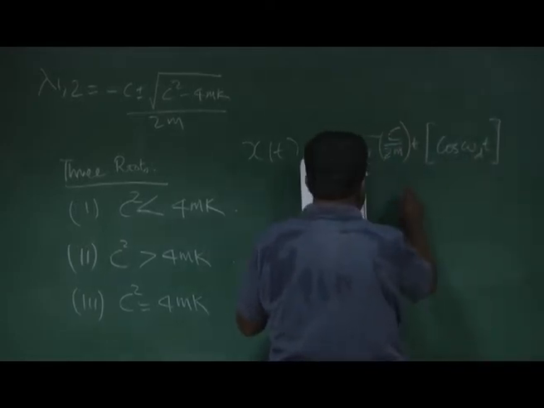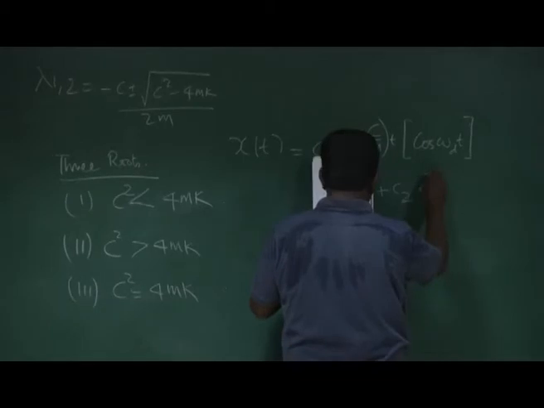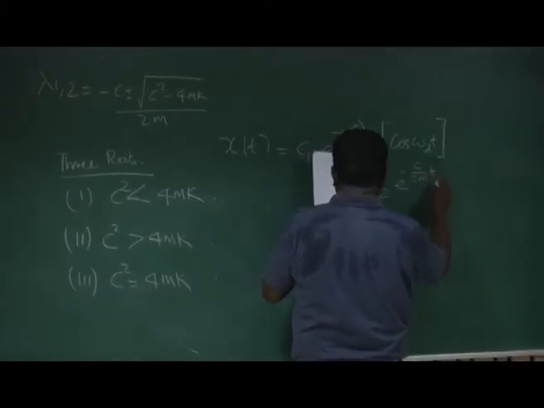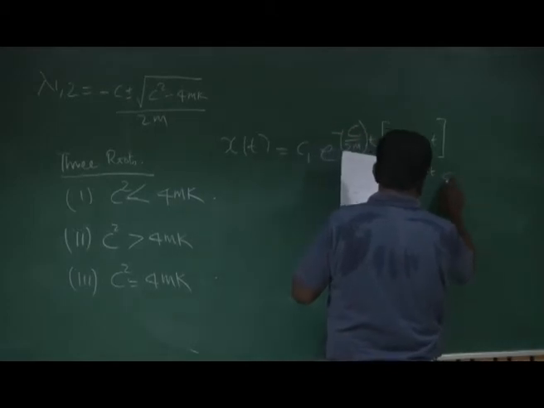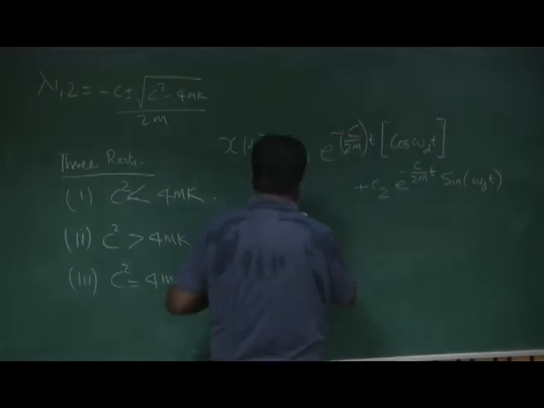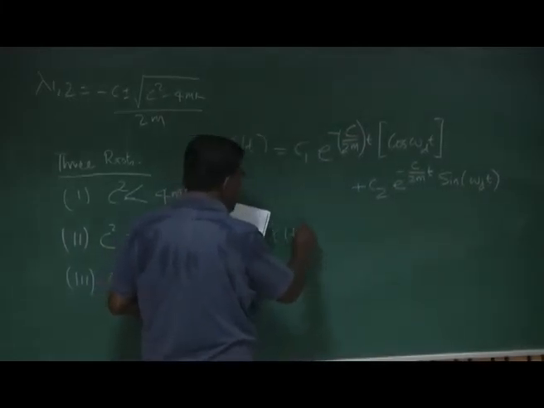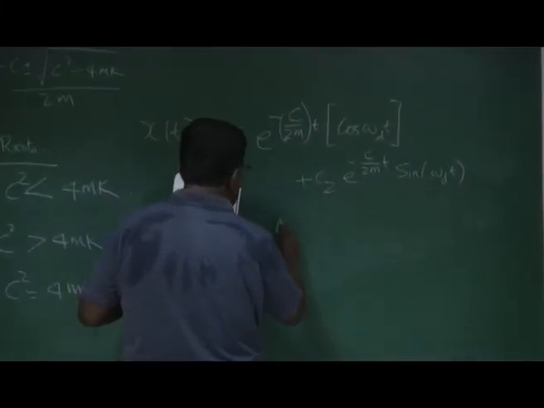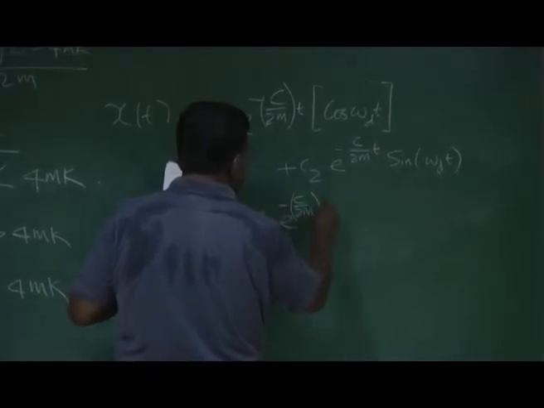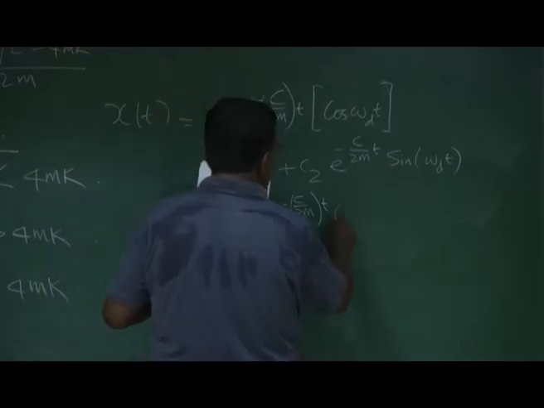This expression, of course, never looks very elegant, but we have no shortcut. We'll try to get the best out of it. Or x of t I can write as A e to the power minus c by 2m t times